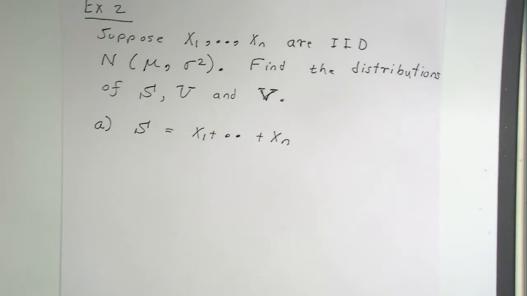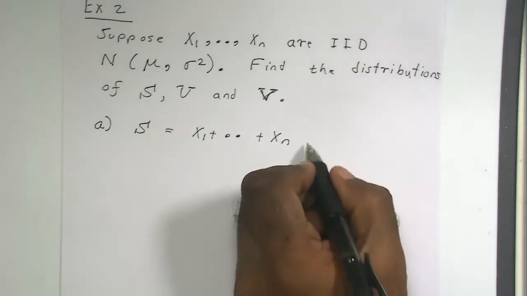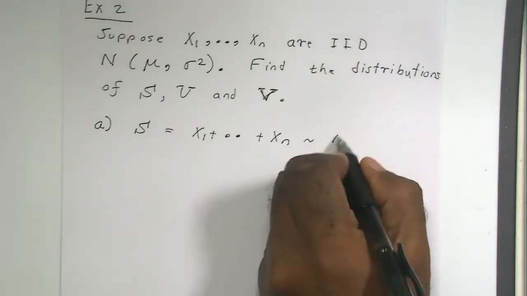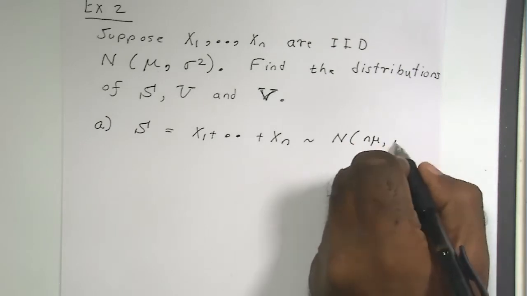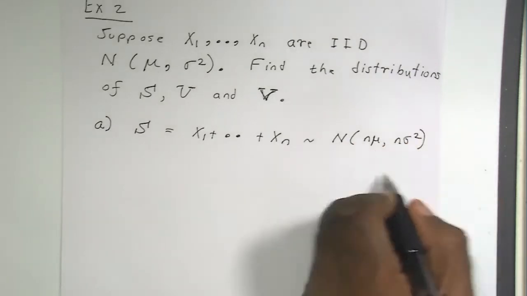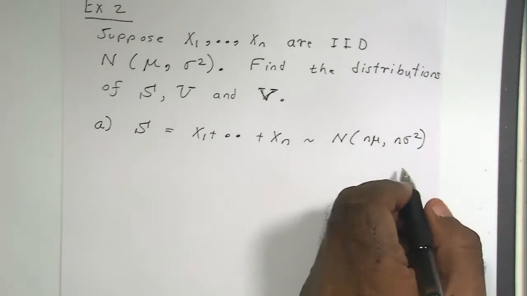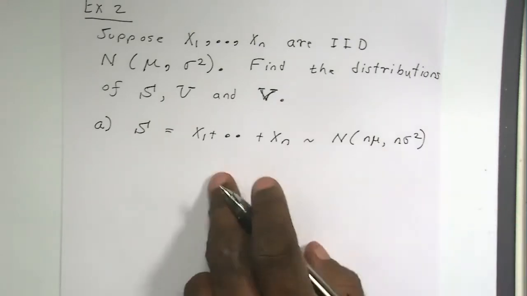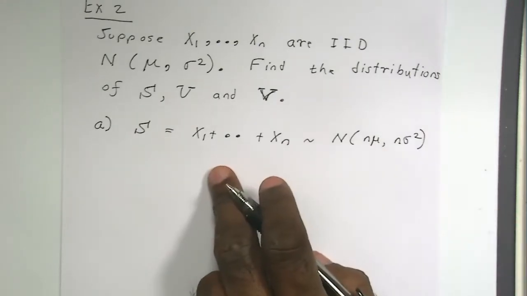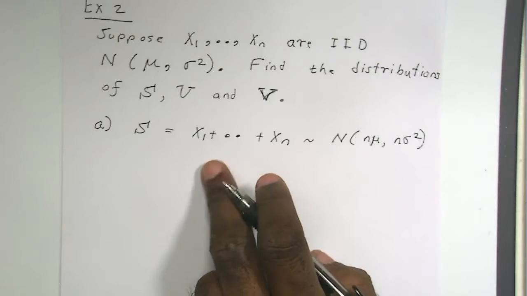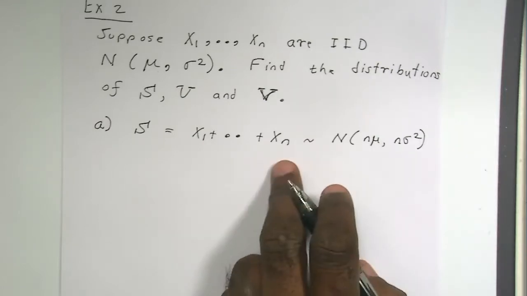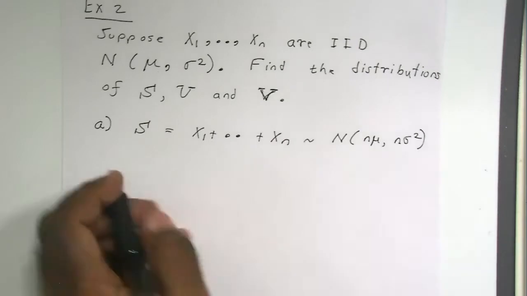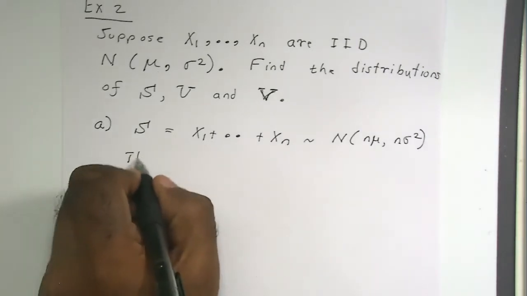It's a well-known result. It will have a normal distribution with parameters n mu and n sigma squared. Do you know this result? Yes? Okay, that's a property of the normal distribution. If you have x1 to xn IID normal, then the sum is also normal with these parameters. So the CDF of S